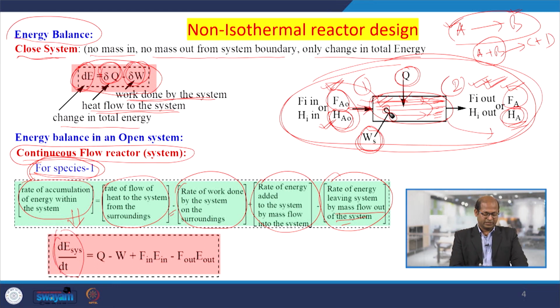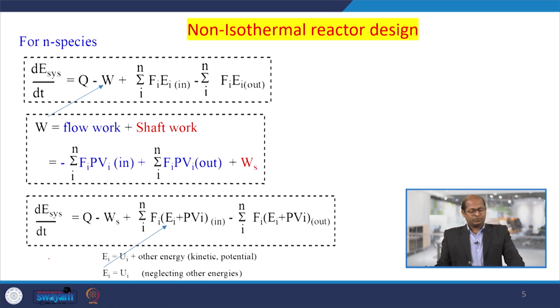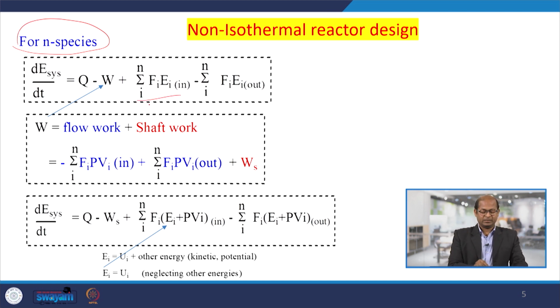Then if you write this energy balance in terms of dE system by dt, that is the change of energy in the system per unit time, it equals Q minus W, where Q is the heat flow into the system and W is the work done by the system. This is the molar flow rate with the energy in minus the energy out. That is the energy balance for a system. Now, for n number of species present,